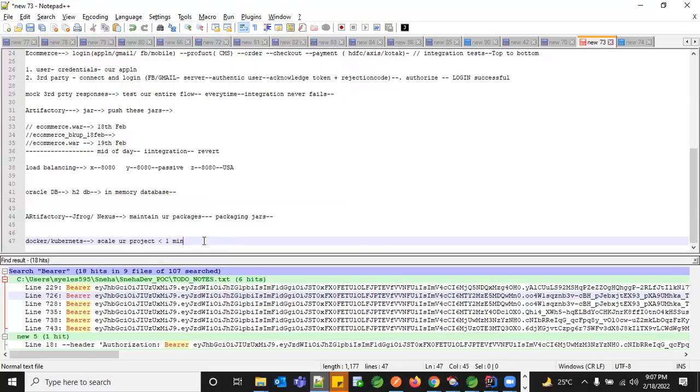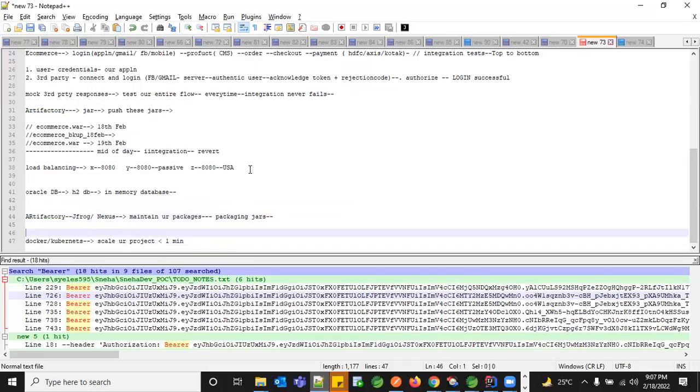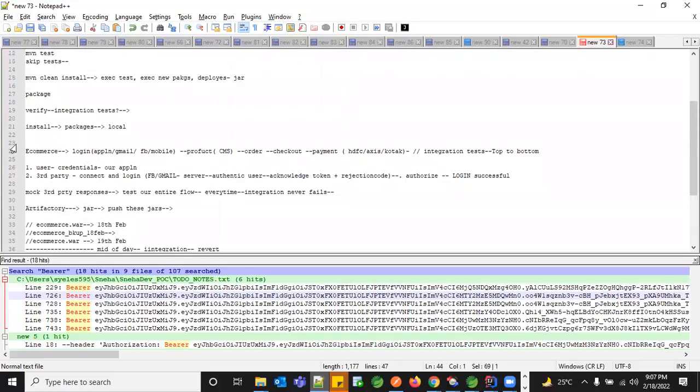Okay, so this would be the usual way the industry is working right now. The Artifactory would be the place: once your Maven clean install build is done, the jar will immediately be taken care of in the Artifactory. How it is done, what the command is, and what steps you need to follow to push your changes to the Artifactory is something we'll see again now. And before that, do you have any questions on this, on the package or install or verify or any other lifecycle commands?